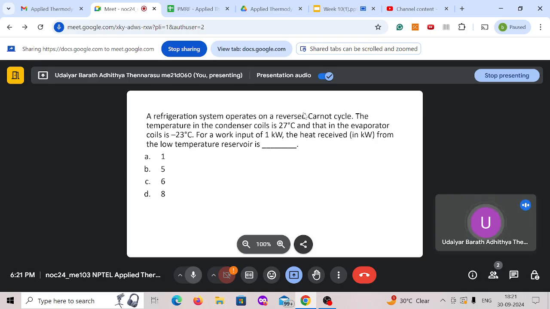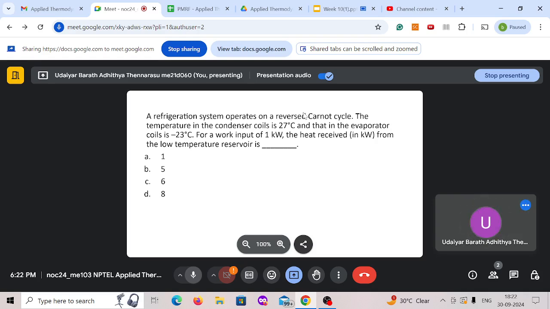In this case, your desired output is the heat you are taking away in the evaporator, and the input is the work which is given to drive the compressor. Here the work input is 1 kilowatt, so this Q by W is termed as COP, the coefficient of performance, and this will always be greater than 1